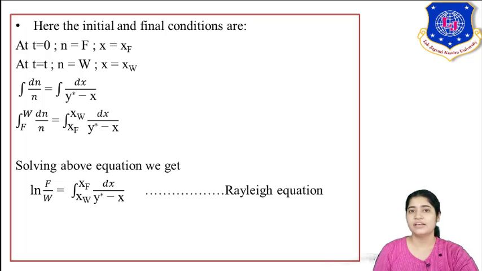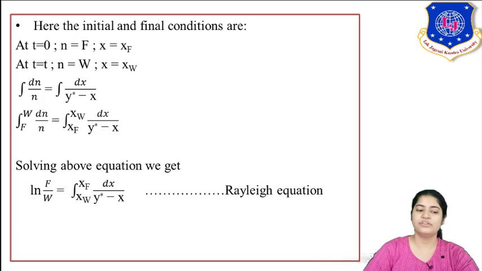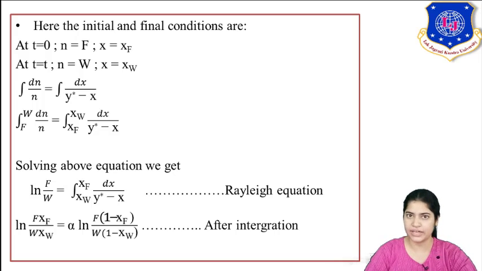Y star is an equilibrium relation of Y and X that would be provided in an exam. Otherwise, you will see further, okay. I can use Y and the relative volatility equation also. When using that relative volatility equation, I get this formula. You have to remember this formula also.